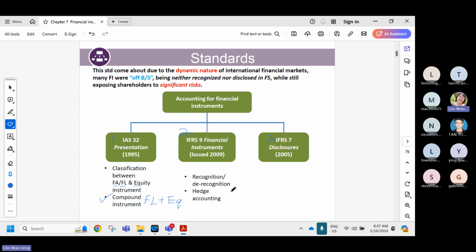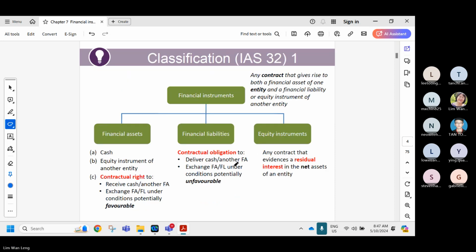And then we will look at hedge accounting. We will look at one illustration called 1A, which is with respect to cash flow hedging, towards the tail end of the class today. And then, of course, IFRS 7 is with respect to disclosure requirements. This is the slide with respect to the